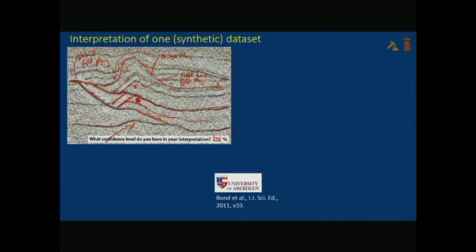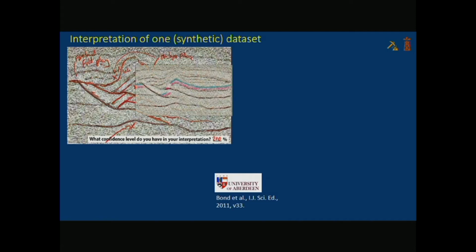And in the same logic as the example from the London clay, here we have a synthetic 2D data set that's been forward modeled to produce our seismic data. And this is the work of Claire Bond, where she gave it to 20-odd different interpreters with different backgrounds, some of them professional, some of them amateurs, all of them with some experience in working in this area, though. And so this is one synthetic interpretation where they're 200% confident they got the right answer. But here's some other ones.